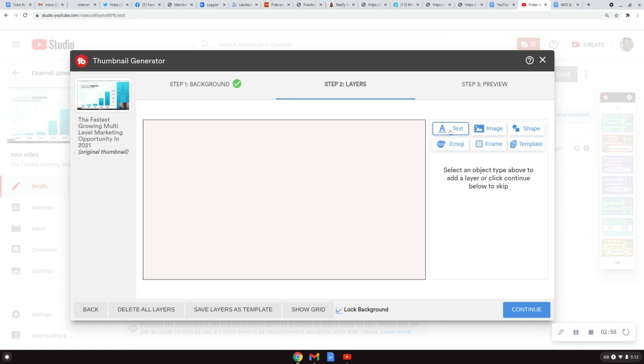And you'll see here you've got text, you've got image, you've got shape, you've got emoji, you've got a frame, you've got different templates. So select an object type above to add a layer, or click continue below to skip. So what we're going to do, we're going to add an image. So I've previously uploaded my image into